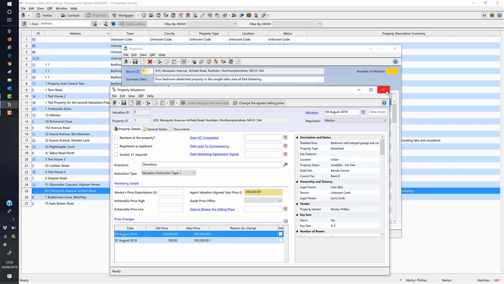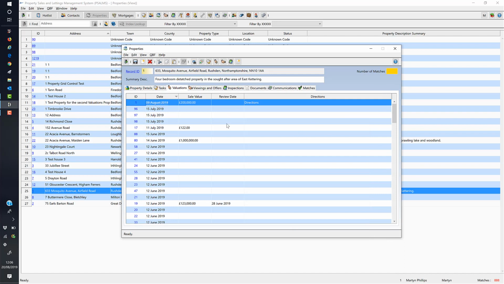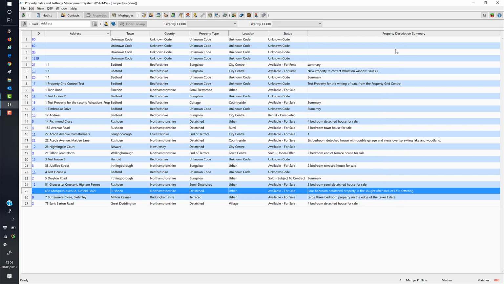We then come in later on and create a new valuation, maybe a year or 2 later, and we find that 2 of those rooms have been knocked in and it's now a 3-bedroom house. So this record will still show it as a 4. On the property window, it will show it as a 3, and on the new valuation, it will show it as a 3. So what we're trying to do here is build up a complete history of your relationship with